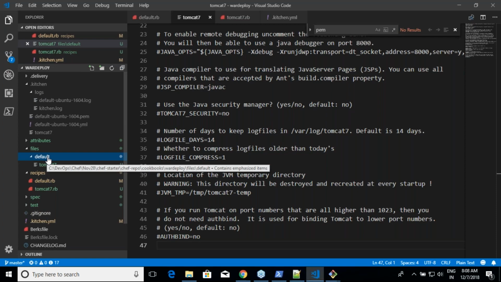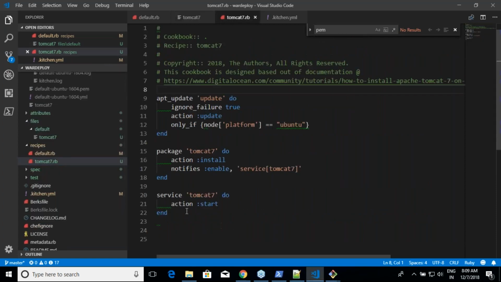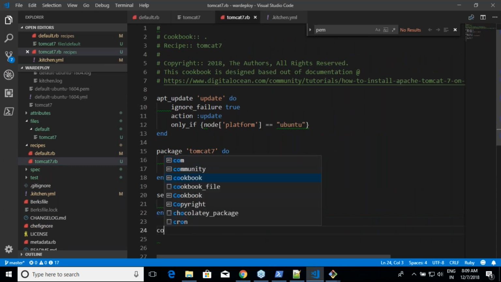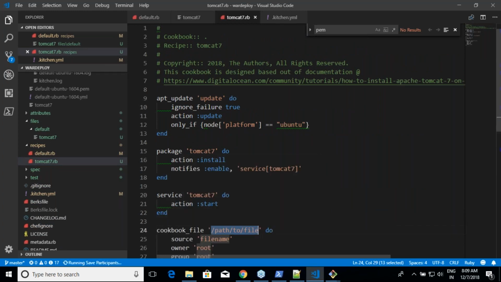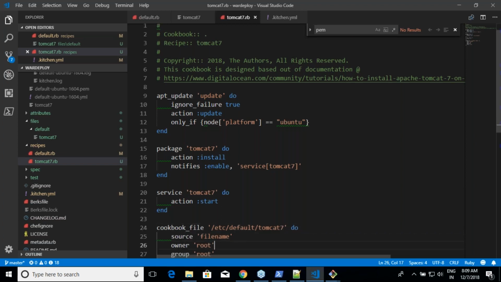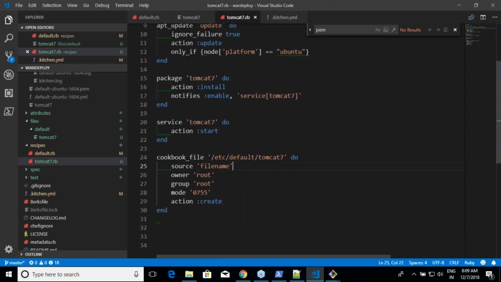So I'll be writing something like cookbook_file, and the path is etc default Tomcat 7. And what is my source file's name? Tomcat 7. I am not interested in all of this stuff.